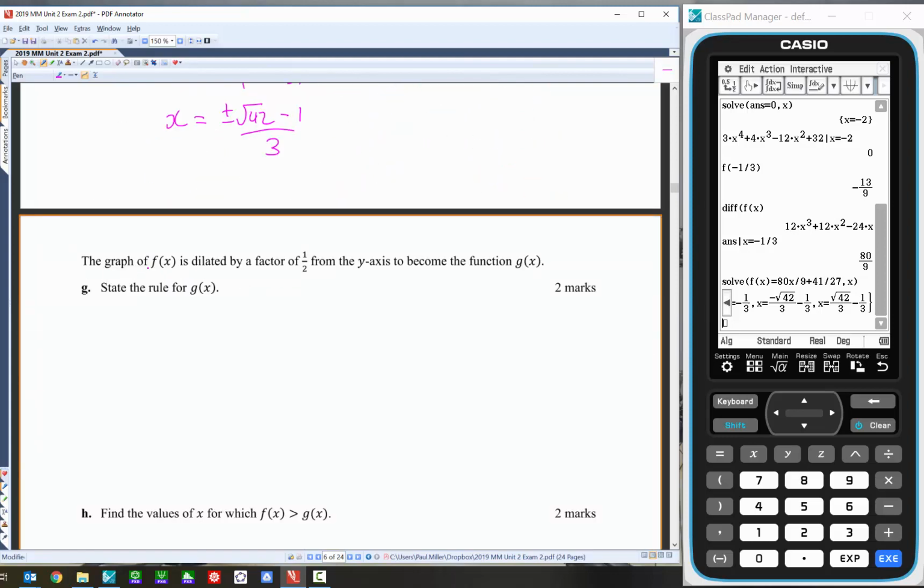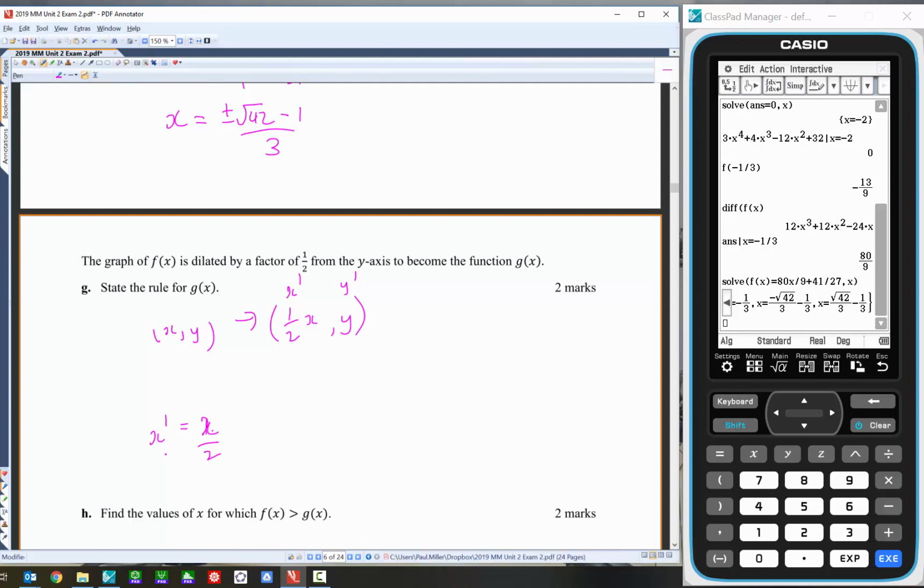All right, the graph of f of x is dilated by a factor of a half from the y-axis to become a new function. State the rule for g of x. So what we've got is x comma y becomes, with the dilation factor half from y changing x, half x, and y stays the same. Remember that's x dash and that's y dash. So x dash is equal to